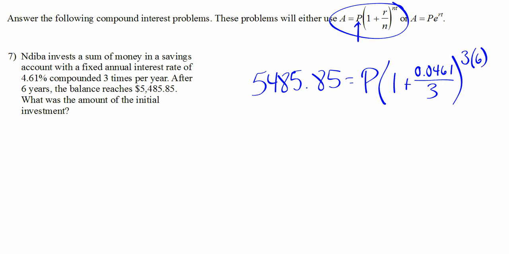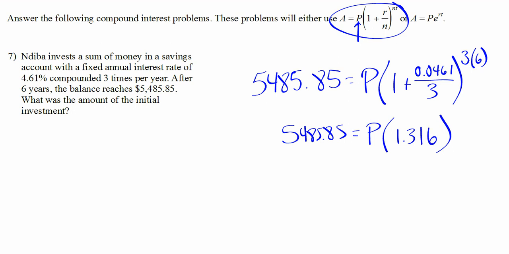Okay, so now we just need to solve for P. So I'm going to convert the 1 plus 0.0461 divided by 3, and I'm going to raise it to that 18th power to get,